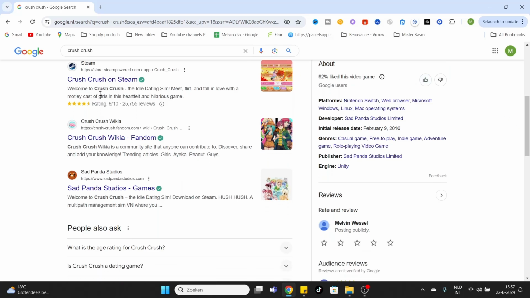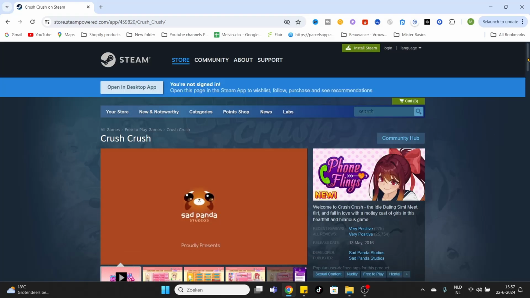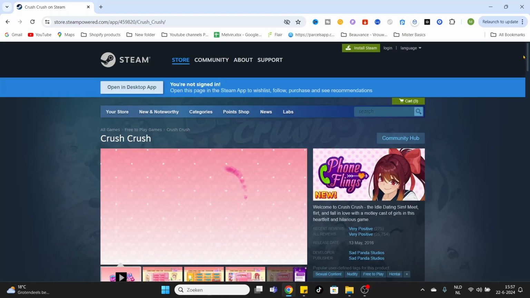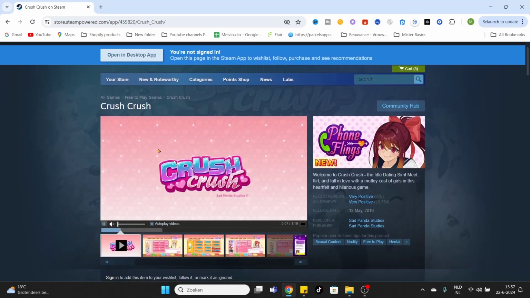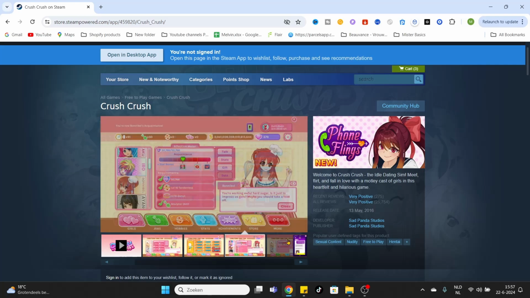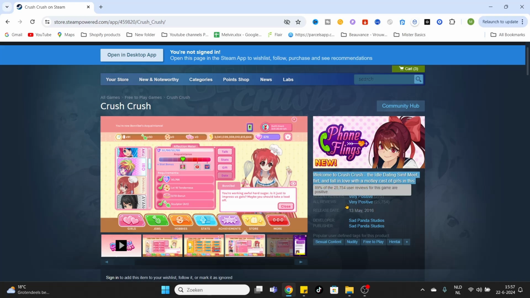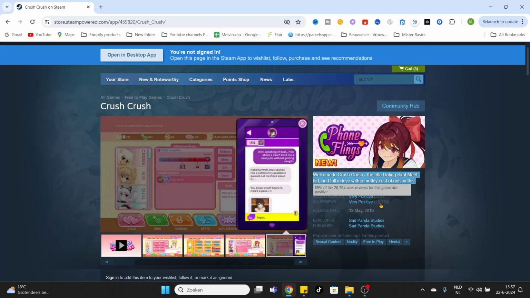So there are different options. You can go to the official Game Maker's website. You can also go to the Steam link. We will click on the Steam link. Steam is a legit gaming platform, so this game is completely legit to download and play for free. As you can see, they are showing us a trailer about this game, and you can also check out some screenshots. After that, read some information, and as you can see there are a lot of very positive reviews about